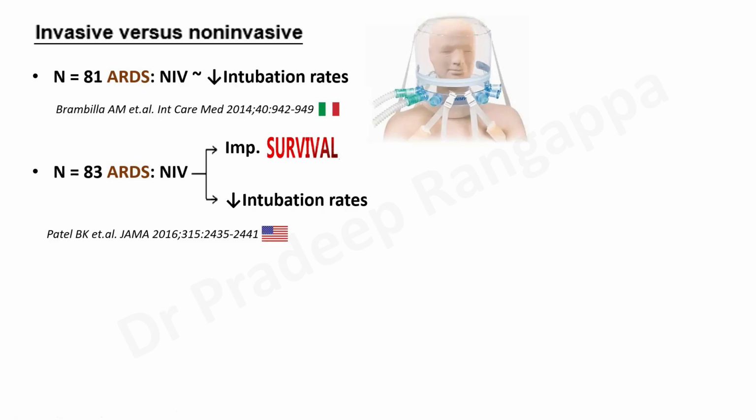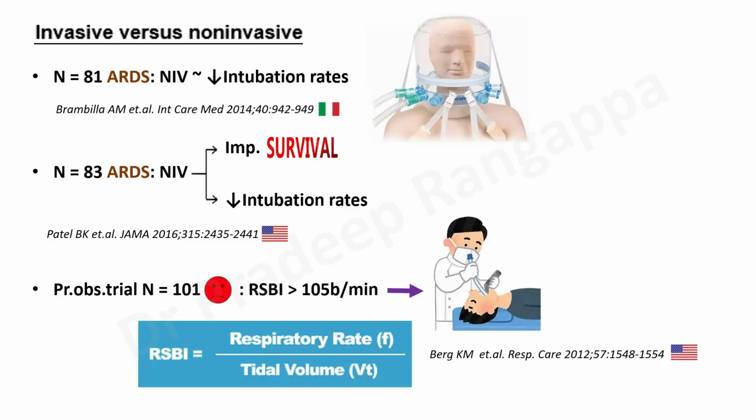And this is possibly due to advancement with regards to the way NIV is being used and different sorts of technical advances that may have happened. So now the question is, how do we recognize which phenotypes NIV will help? There are two studies to see how we determine that NIV is being helpful to the ARDS patient and how to determine the group of patients who are failing NIV. So that came from this particular study.